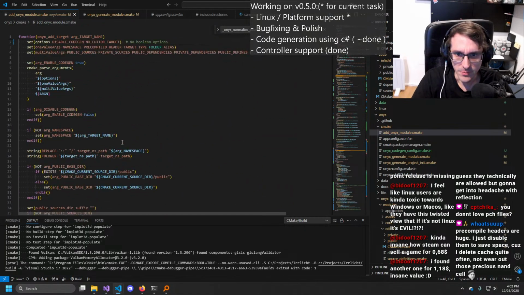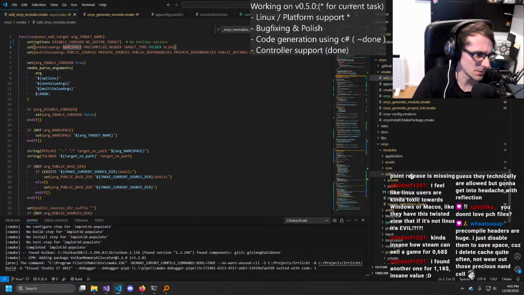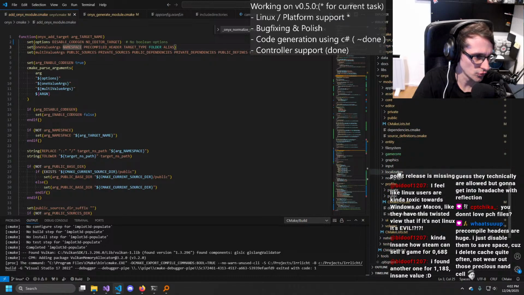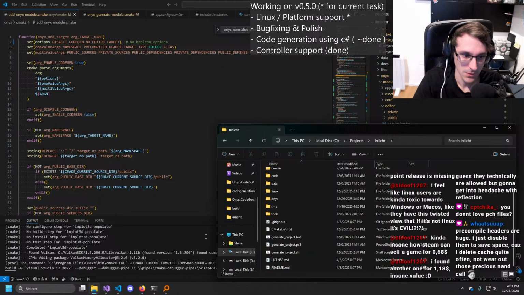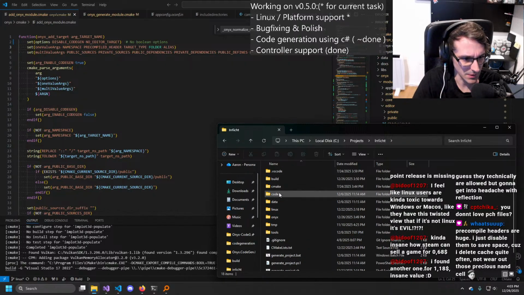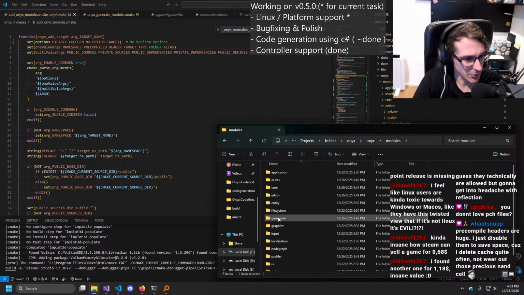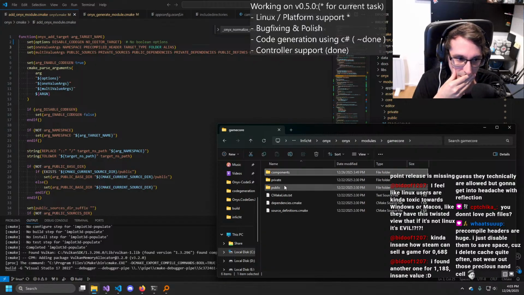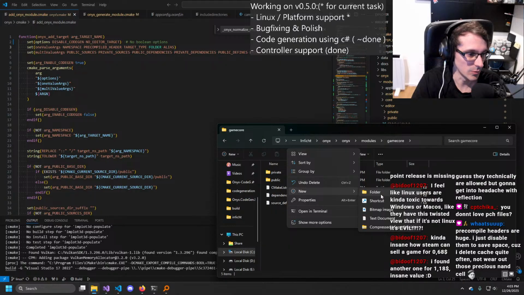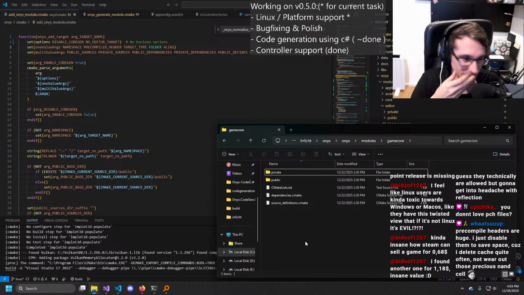Not quite sure where the best split off is. Because basically I think what I want is, let me see, we go into Onyx, for example, and then modules, game core, and I think what I'd want is, and then we are very close